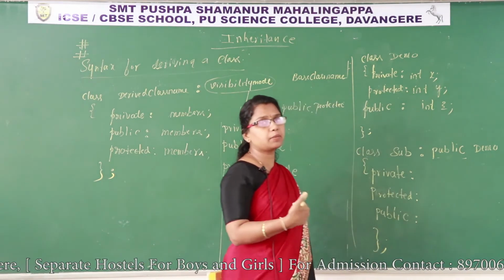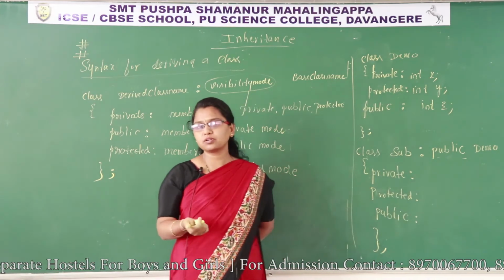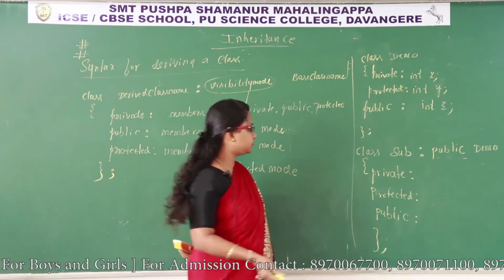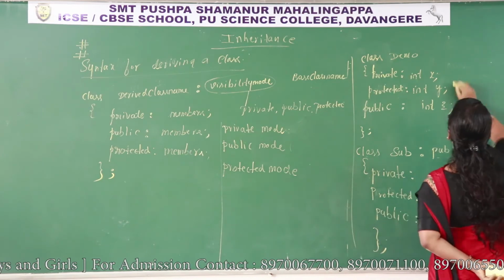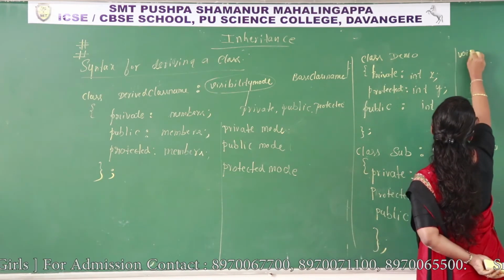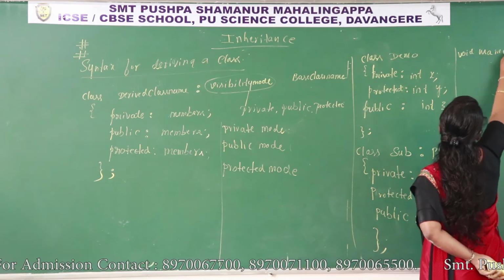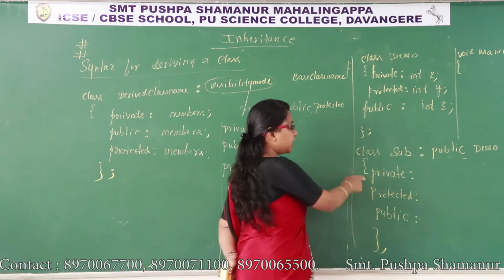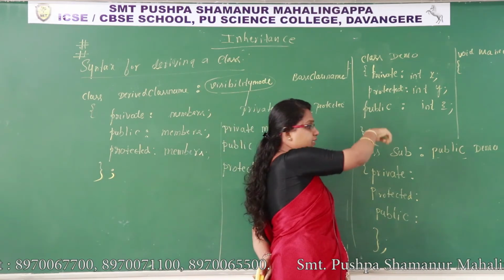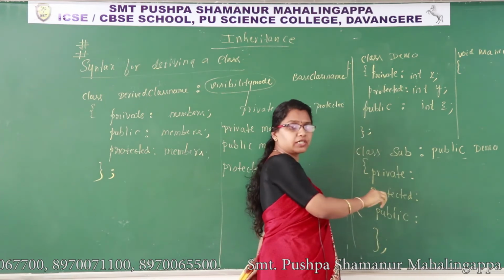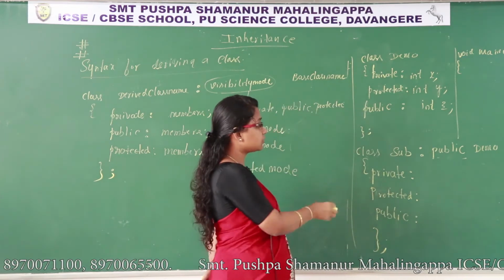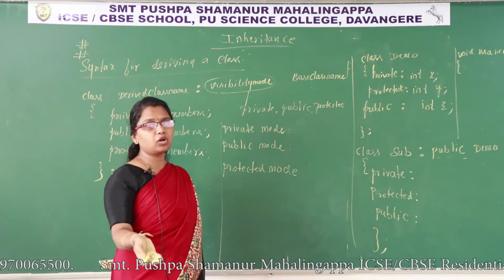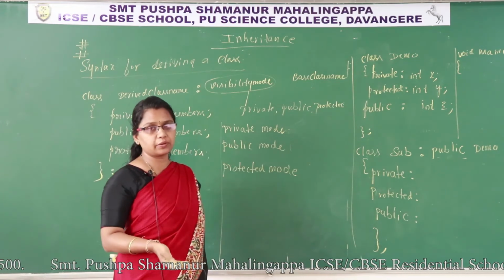You all know accessing members of a class. How to access members of a class? Object name and dot operator. Are you understanding? If I consider the main function here, void main, open flower bracket, to which class do I have to create the object? To the derived class. This is the base class whose properties are inherited to the derived class. Through the object of the derived class, I am going to access the members of the derived class and also the base class. Then only it is confirmed that those properties are inherited to the derived class.